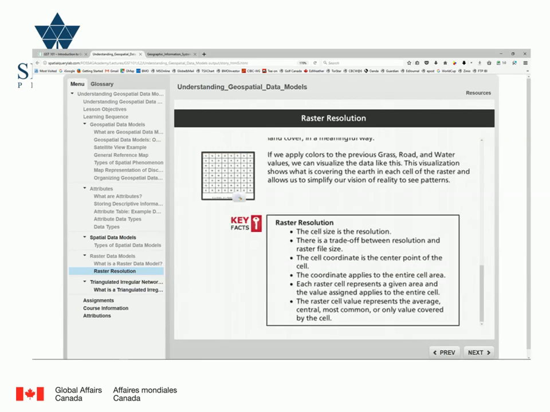This box is important, right? So we have raster resolution. The cell size is the resolution. So it could be 6 centimeters by 6 centimeters or 1 meter by 1 meter. Yeah, so the trade-off is the finer the resolution, the bigger the raster file. Yeah? Okay, and the cell coordinates are the center point of the cell. Okay, and the coordinate applies to the entire cell area. And then the bottom one is the raster cell value represents the average, central, most common, or only value covered